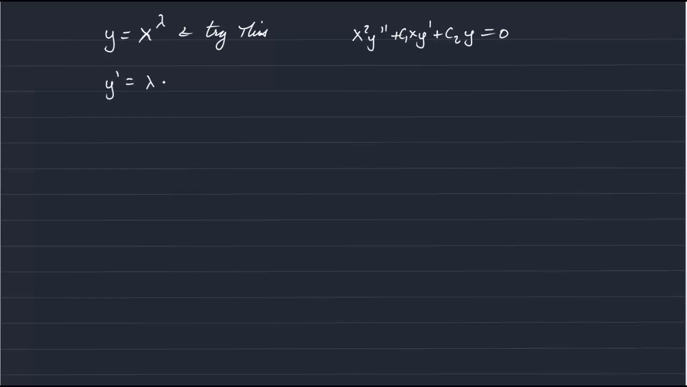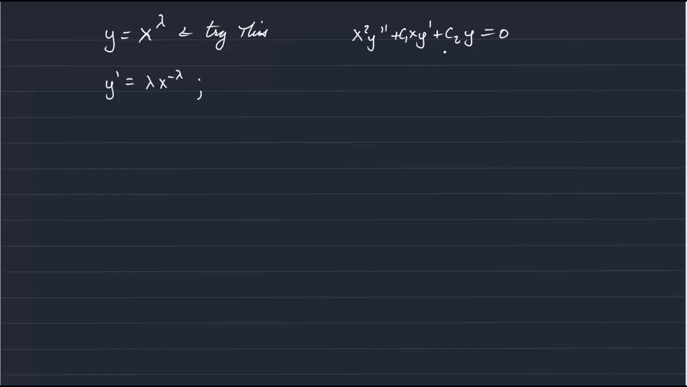So what about trying y is equal to x to the lambda? Let's try this. And again, our initial equation is x squared y double prime plus x times c1 times y prime plus c2 y is equal to 0. So y prime is equal to lambda times x to the minus lambda,